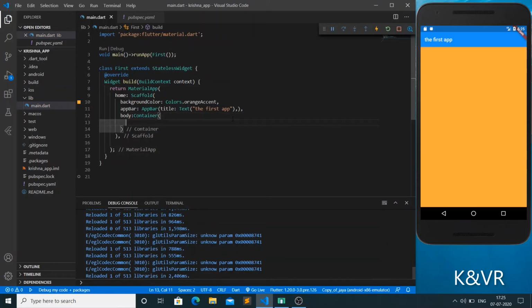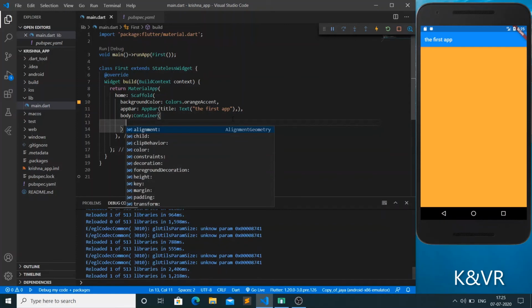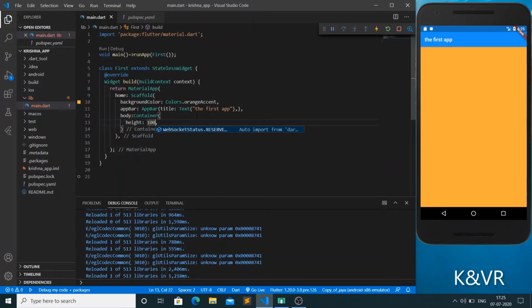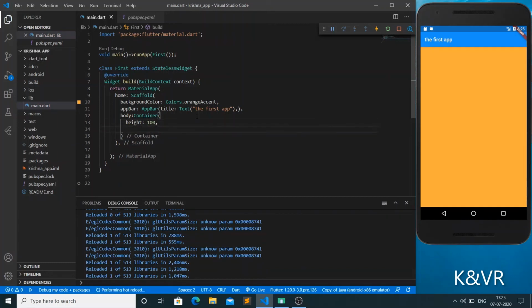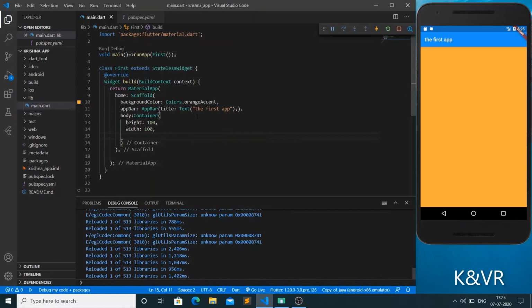Here is the container. And next, for that container we are giving the height 100. Next width 100. We are creating the container.